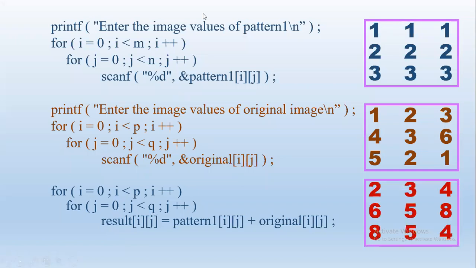So once we add, the corresponding elements are added. 1 plus 1, 2, 1 plus 2, 3, 1 plus 3, 4, and so on. We add all the 9 elements with their corresponding elements in the second matrix and store it to result. Is this clear? Did you understand this part?